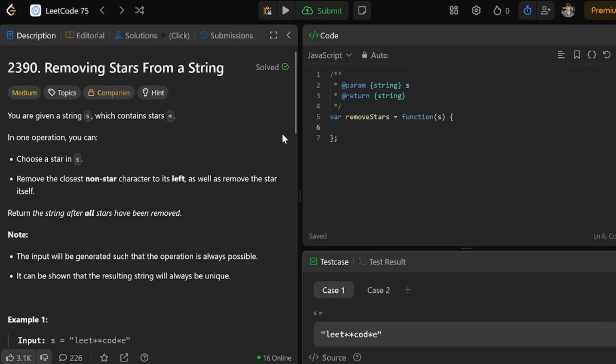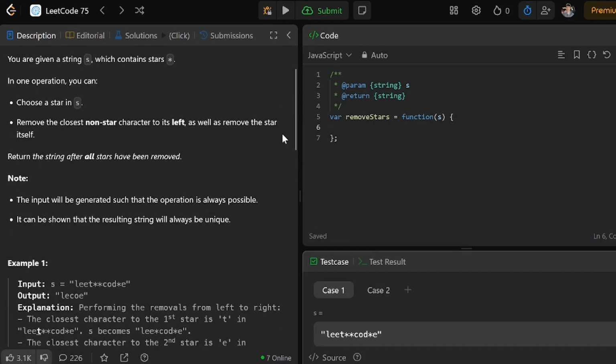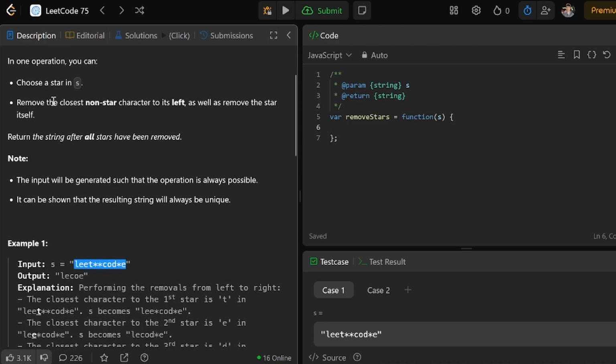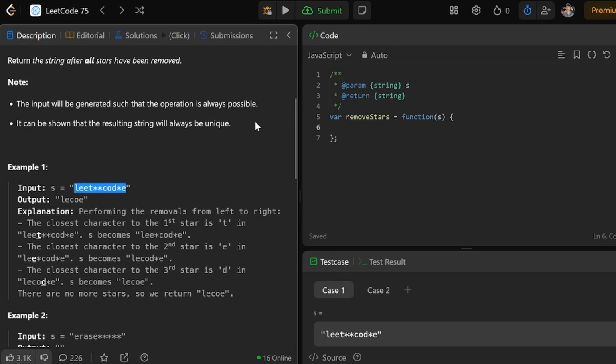Hello everyone. Removing stars from a string is easy. You're given a string S which contains stars, like this, and it says that you want to remove the closest non-star character to the left of every star you find, as well as remove the star itself. Return the string after all stars have been removed. Okay, so